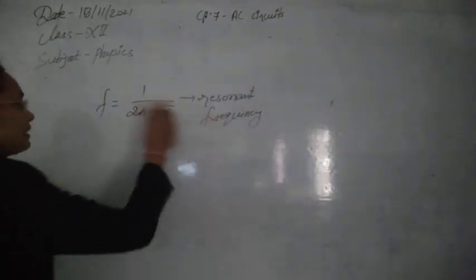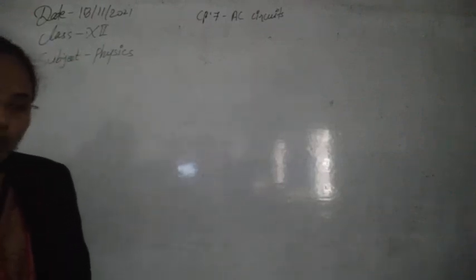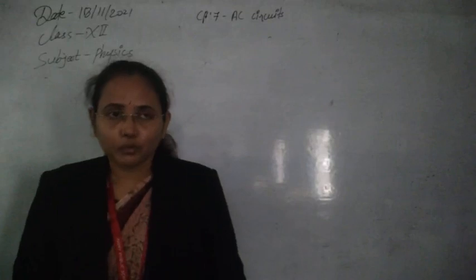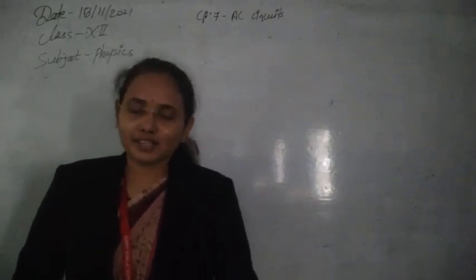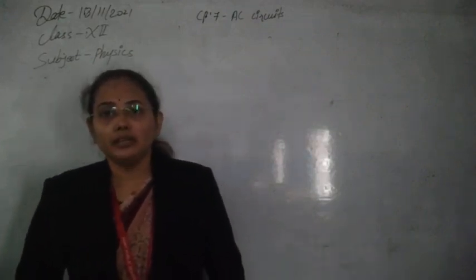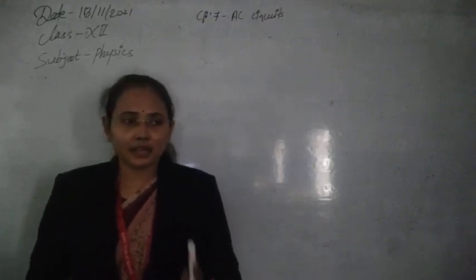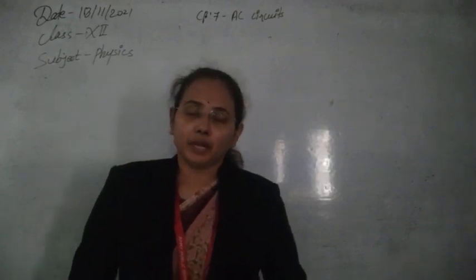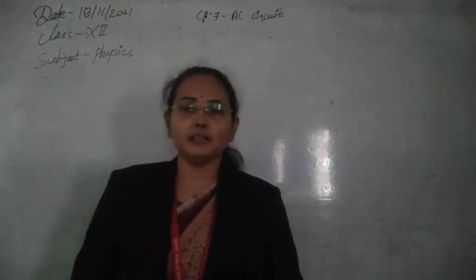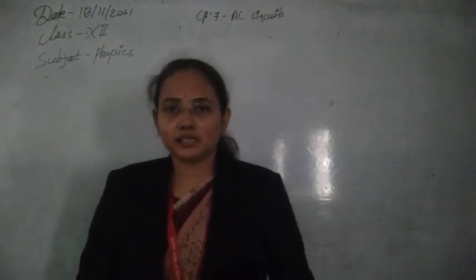Let's now discuss the third kind of circuit. Up to now we have discussed combinations using two components, and the next and last possible combination is when all three components, L, C and R, are joined together. At this level you have to study only the series combination. In classes I have also told you about the parallel combination, but here we are revising the series combination according to your specific syllabus.